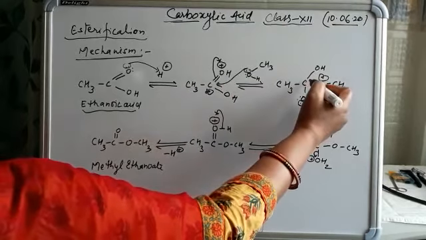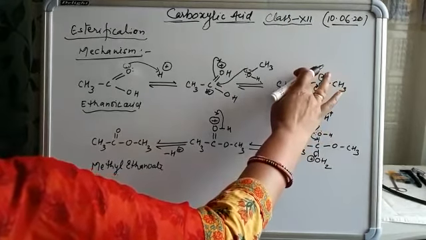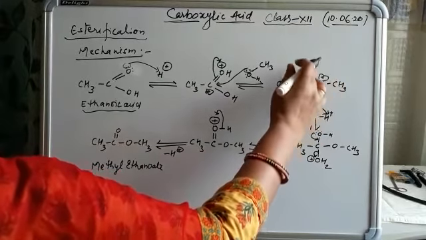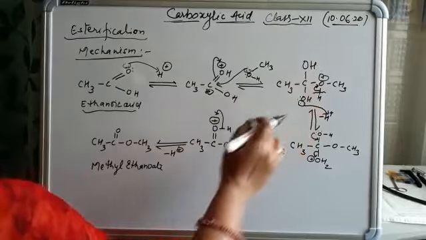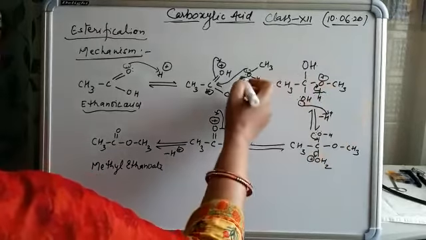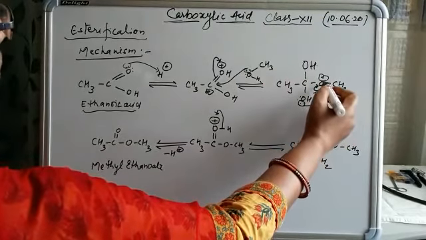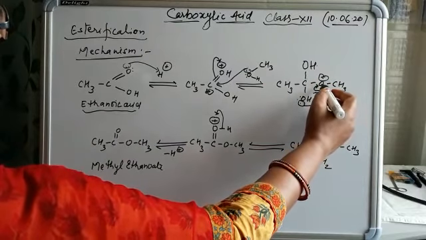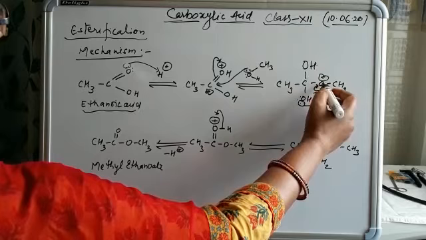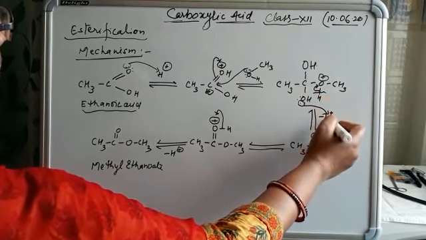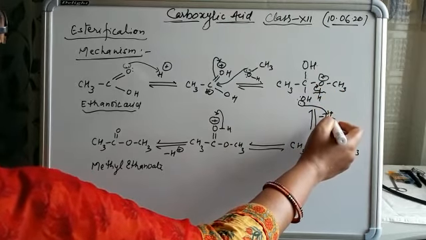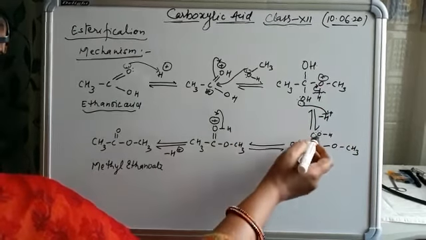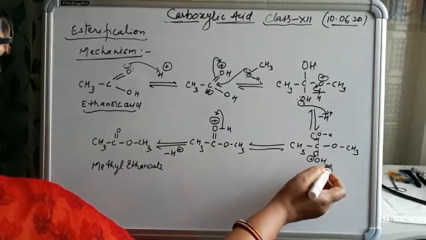So for stabilizing the carbon, alcohol comes and oxygen gives its lone pair electrons. We can write it straightly also in this way. So two OH groups are present on the carbon, and the alcohol oxygen donates the electrons, so positive charge appears on the oxygen. In that condition, oxygen takes both the electrons, and here the removal of H plus ion takes place. This H plus ion is taken by a lone pair of this OH group, and here the removal of H2O takes place.